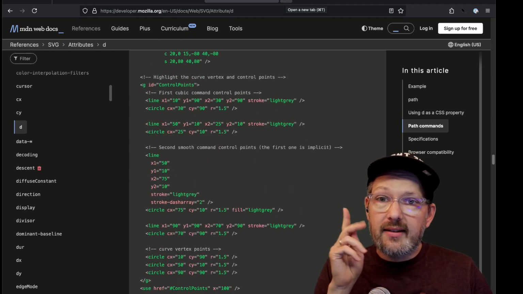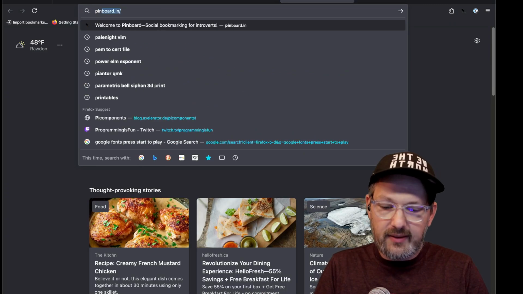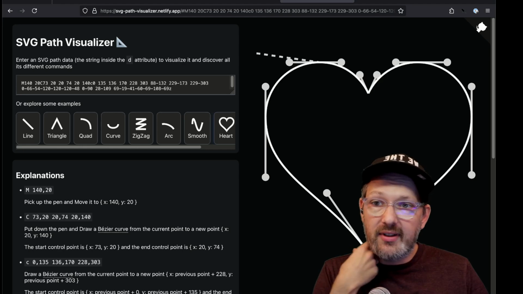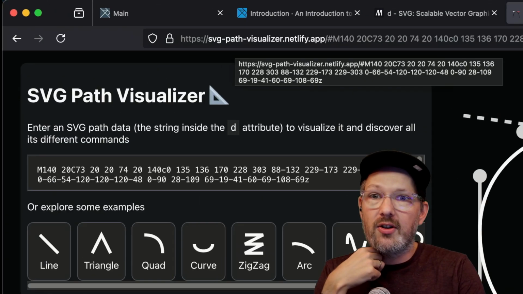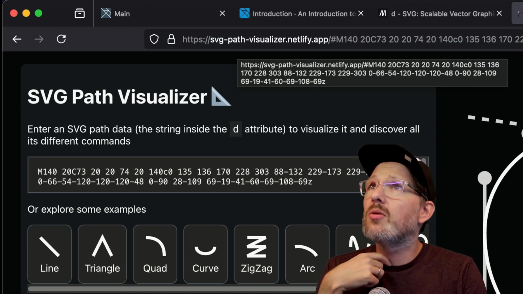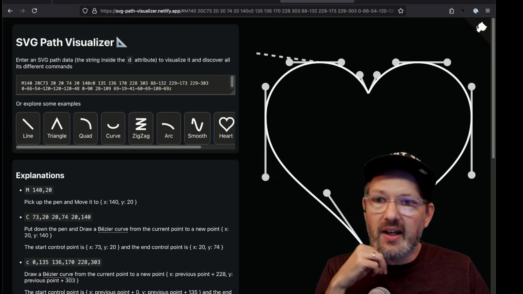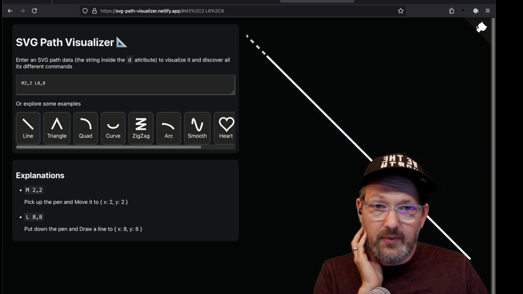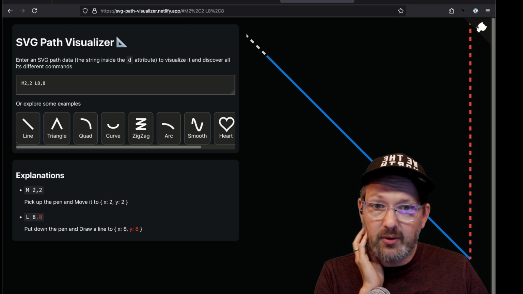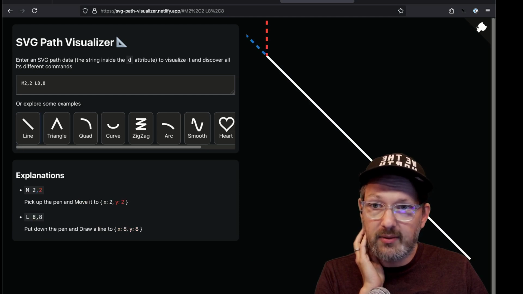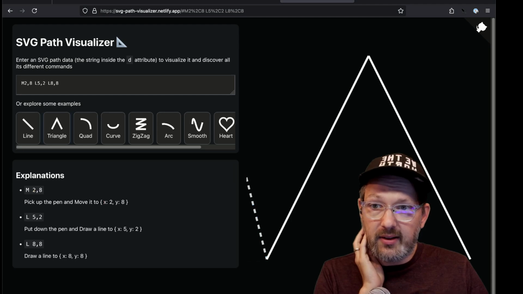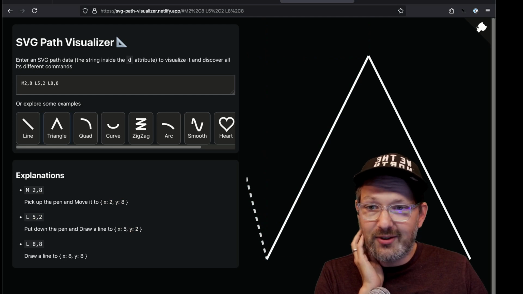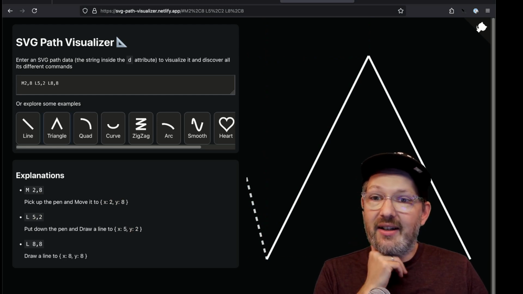And so I have found some awesome SVG resources, this SVG path visualizer. And here we can look at how the different path commands basically act out, where these coordinates for these points that we specify are. So that's going to definitely become one of my go-to resources whenever I have to draw